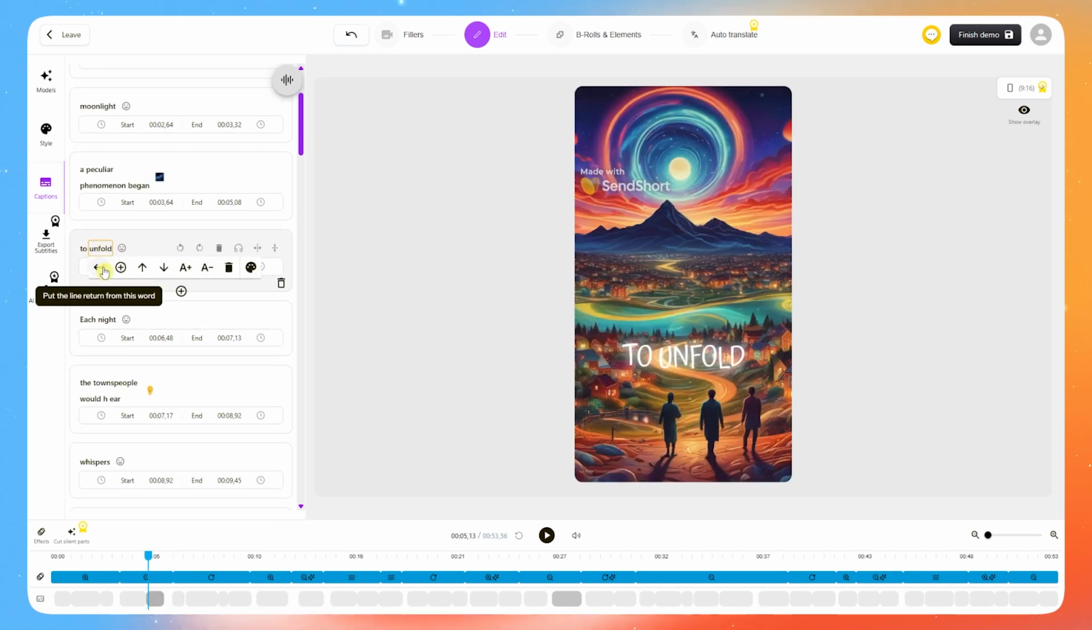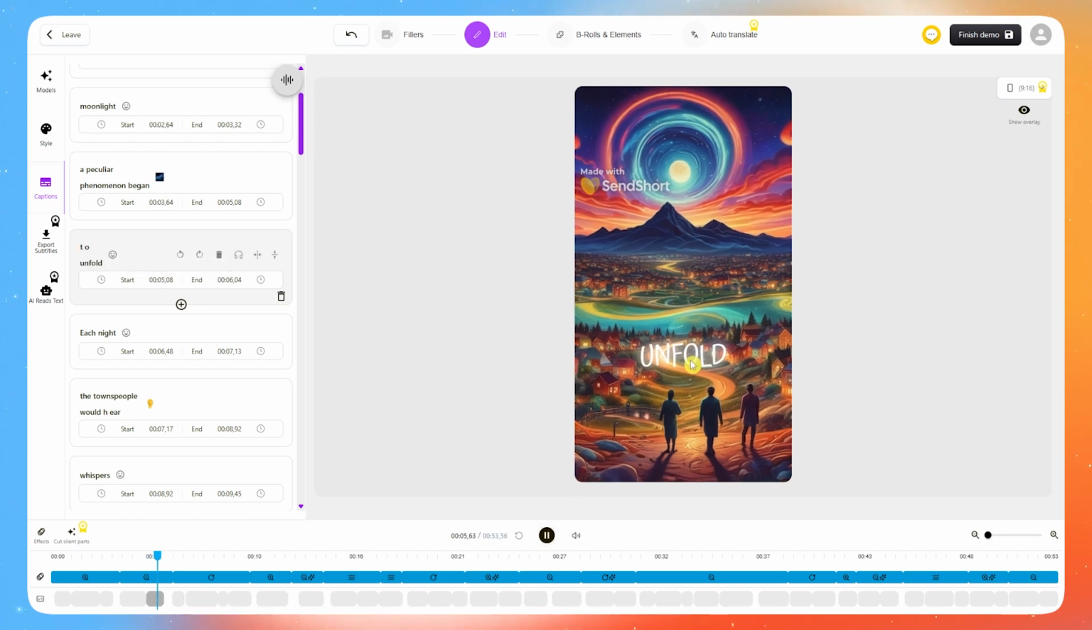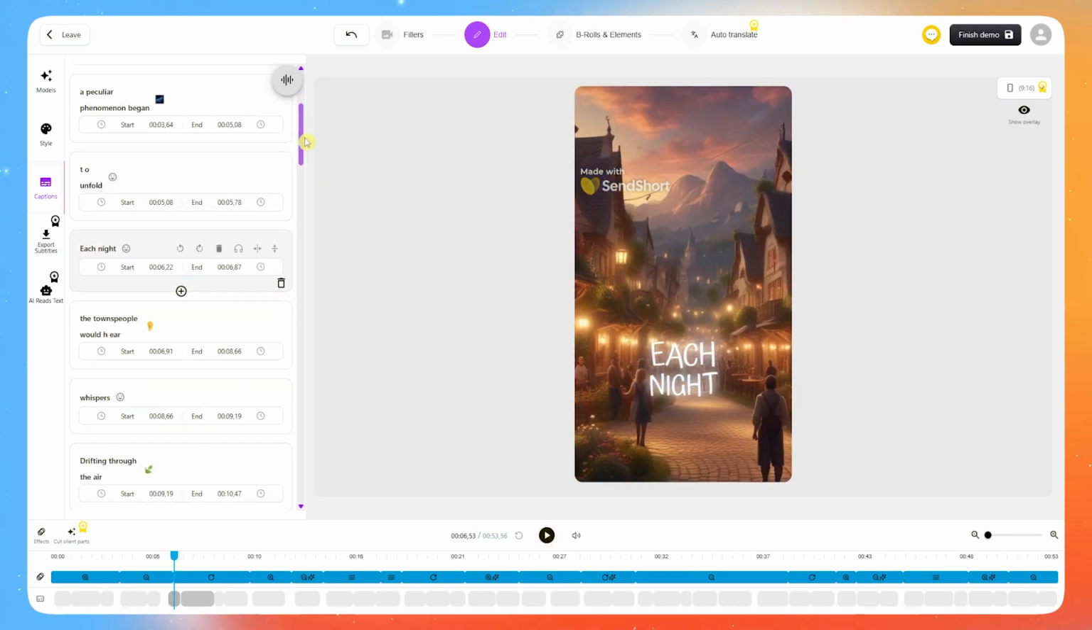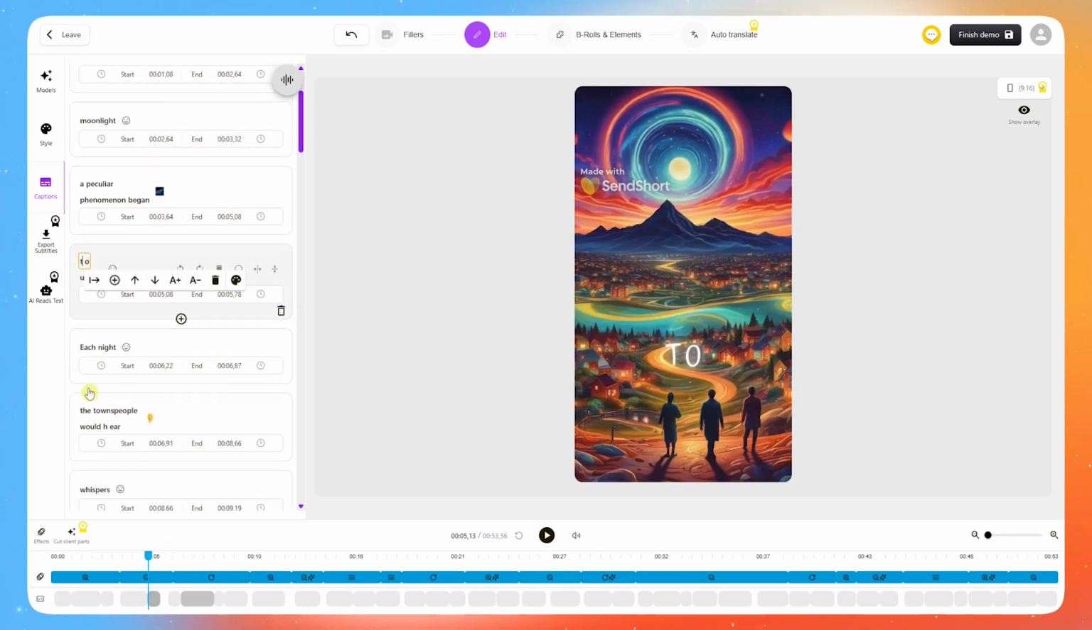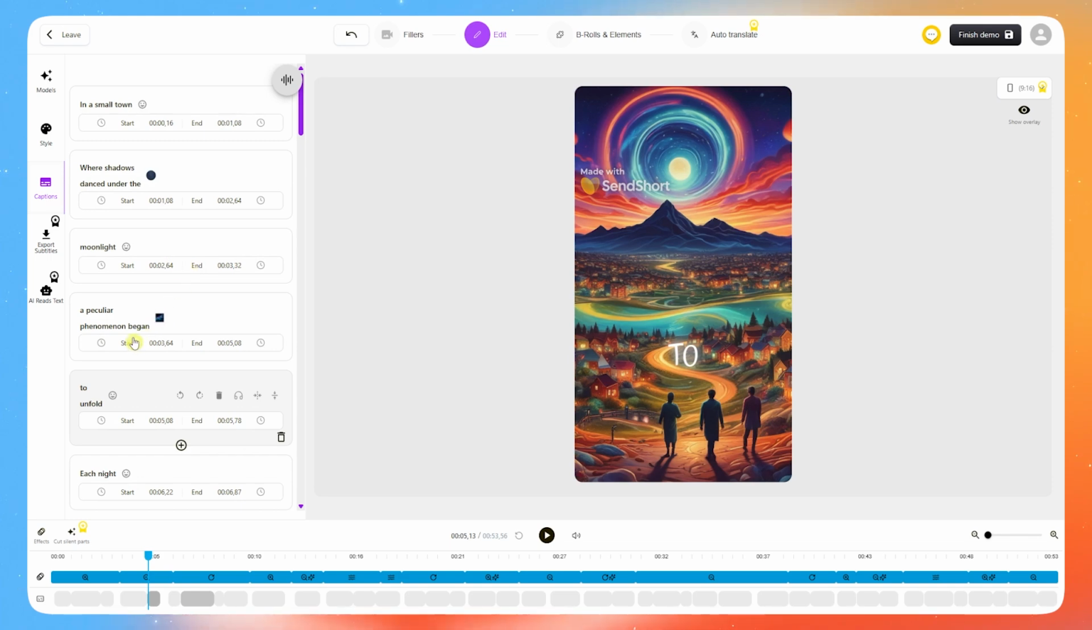And then you can click on each text. You can put the line return from this word. So when you click on this one, as you can see, it will now be in 2 lines. So when I play this right here, as you can see, there are now 2 text lines. And I'm just gonna go and fix that right there. And then we also can